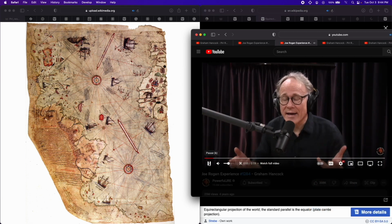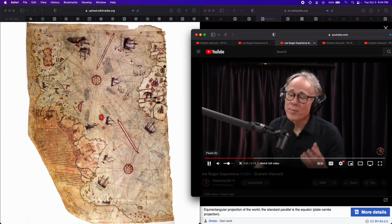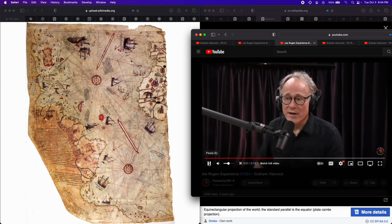The discovery of the technique to do longitude was a major civilizational advance. Its presence in maps based on much older source maps that actually show the world as it looks during the last ice age suggests that somebody during the last ice age was mapping the world and had mastered the technique